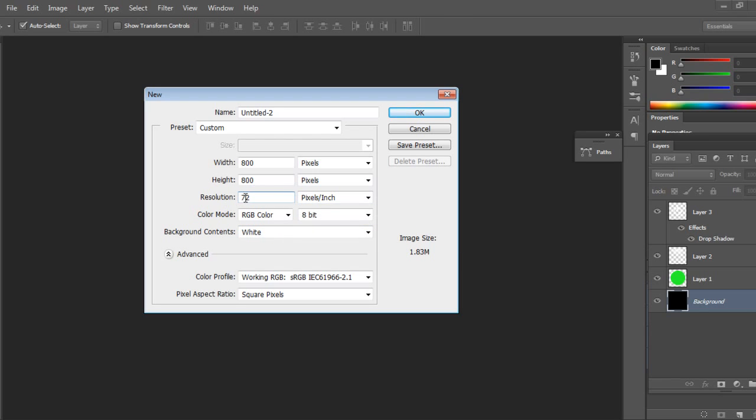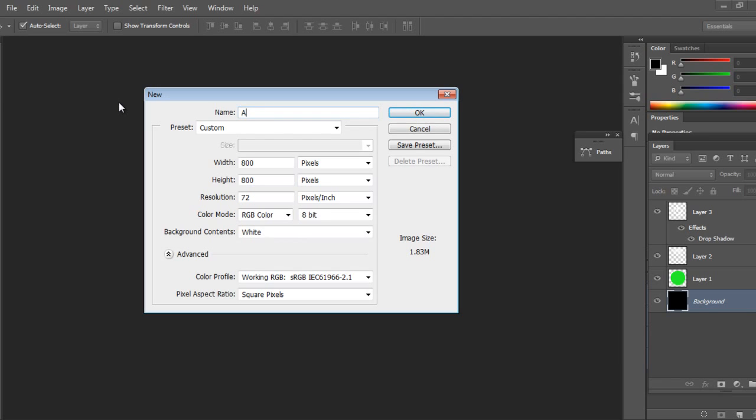Whenever we are going to print, it should be 150 or 300. Mode will be RGB. If you want to do printout work, it will be CMYK, that is cyan, magenta, yellow and black. For our purpose, we'll keep RGB, that is red, green and blue. Background will be white. I'll say OK.